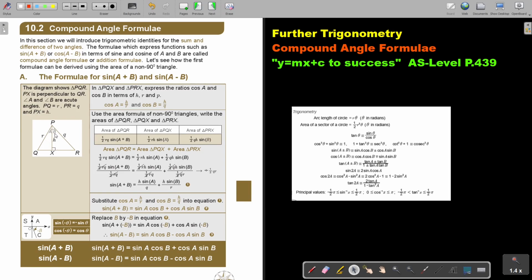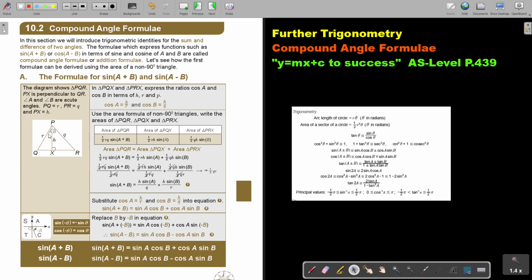Now, cos A is adjacent over hypotenuse, h over r. Then cos B is adjacent over hypotenuse, h over q. Now, use the area formula of non-90-degree triangles. Write the areas of the big triangle, the left one, as well as the right one. Can you recall that? It's half. Let's start with the big one, PQR. I'm working from this angle, so it's half rq,